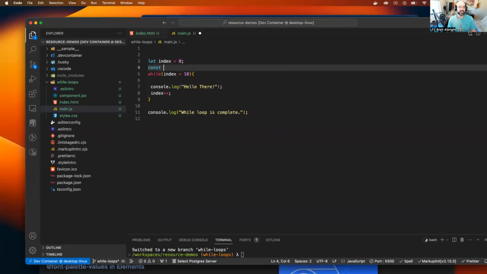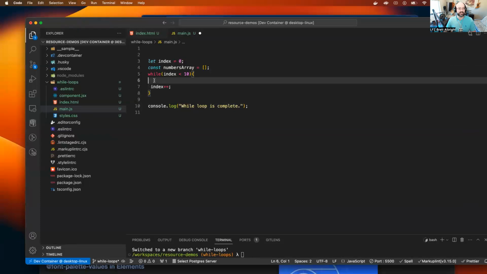We'll say const numbersArray. It's a good name for it. We'll set that equal to an empty array. All right, so now we have our array. So inside of our loop, what we want to do is, as it's running, we want to add whatever the current value of index is before we increment it. And we can go ahead and get rid of this hello there console log